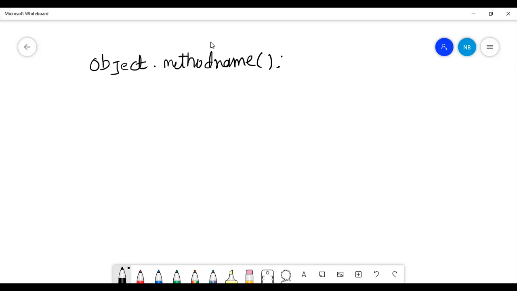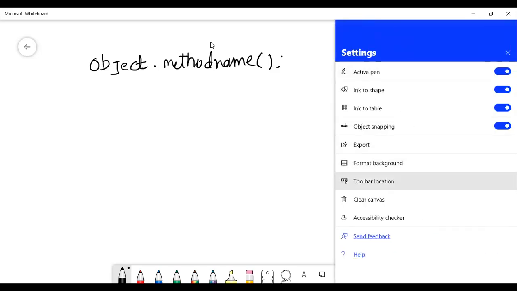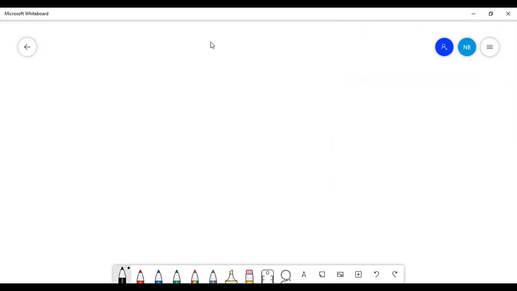So what we are going to see as part of these JavaScript objects. Which objects are we going to discuss in this last JavaScript topic? Under JavaScript objects, we will be discussing only four objects.